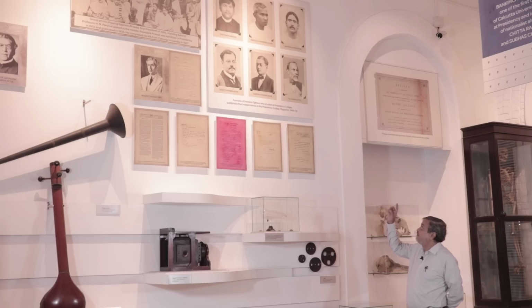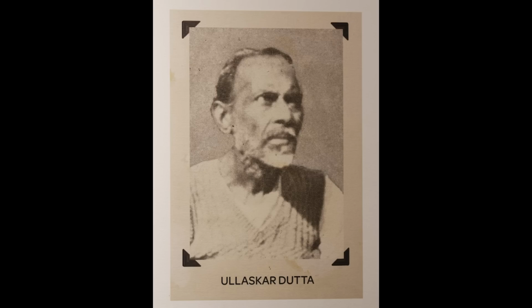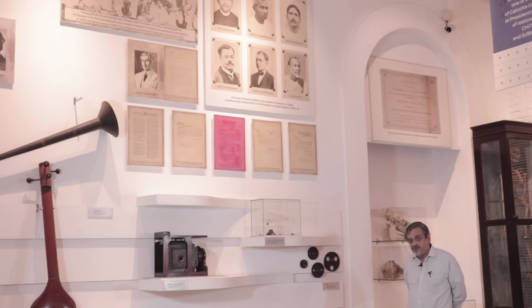Behind me, you will find some portraits. Now, these portraits are portraits of freedom fighters. In spite of all the surveillance and in spite of Presidency being a government institution, people like Ullashkar Dotto, Subhash Chandra Bose, Sharat Chandra Bose, Chittaranjan Das, Prafulla Chandra Ghosh, Santosh Kumar Mitra, they all studied in this institution, and Presidency and with it Eden Hindu Hostel became important centers of what might be called seditious